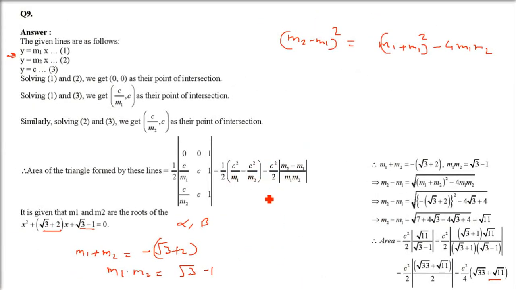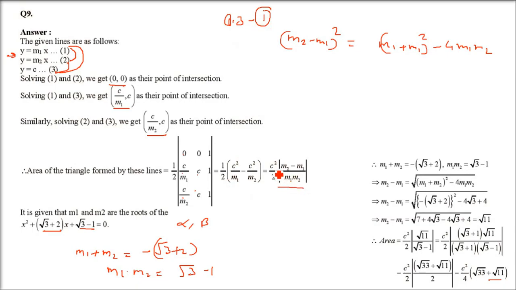Now this question we have already done. Question number 3, the first part, was somewhat like this only, and we already did that. So I'll show you directly. We have to take the pairwise equations and find the intersection points. These will come as the vertices, the corners of the triangle. So now you put it here, half, x1, x2, x3, y1, y2, y3, 1, 1, 1. This is a triangle, so we take the area of the triangle like this.